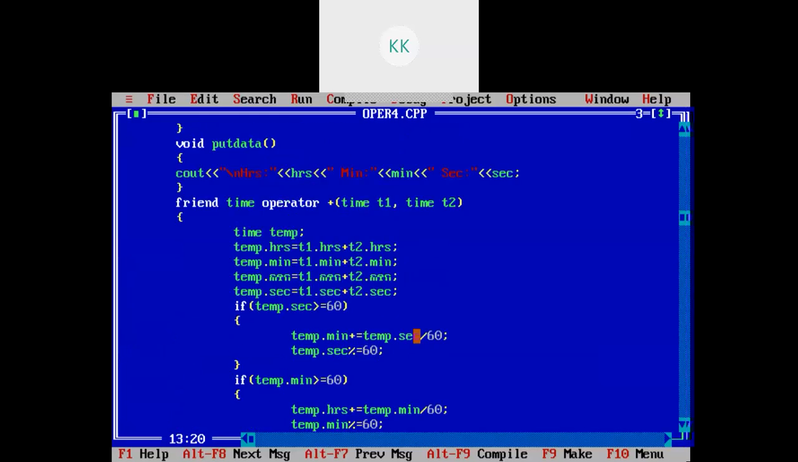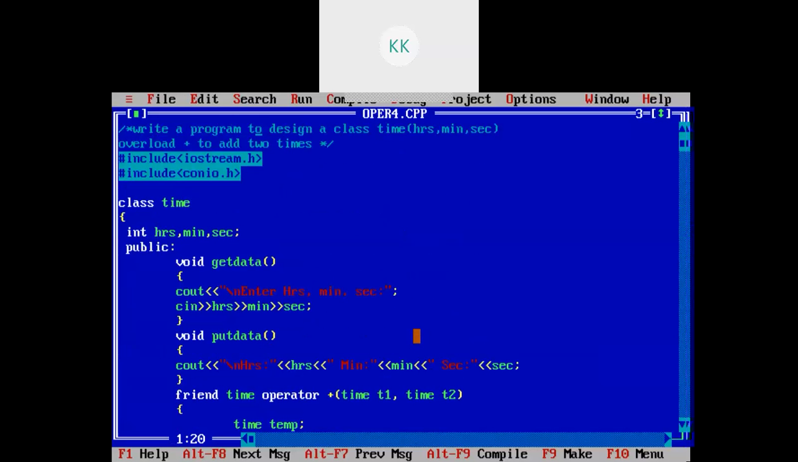So I hope all of you understand how operator overloading works. Anybody wants to ask anything, anything he doesn't understand? Everybody is getting everything. Okay,